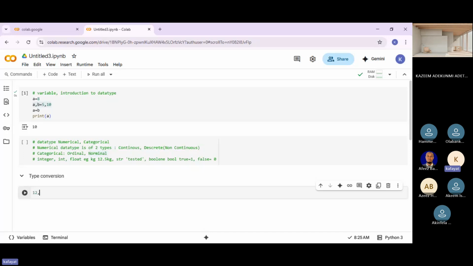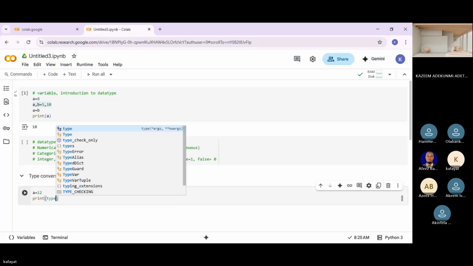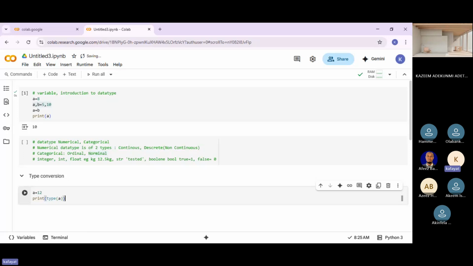When you print the data type of this, let's print it and see.